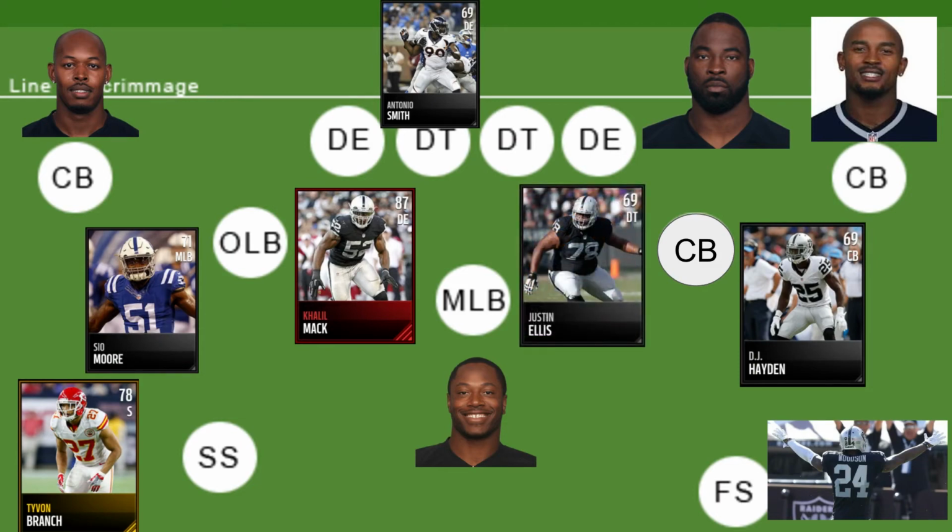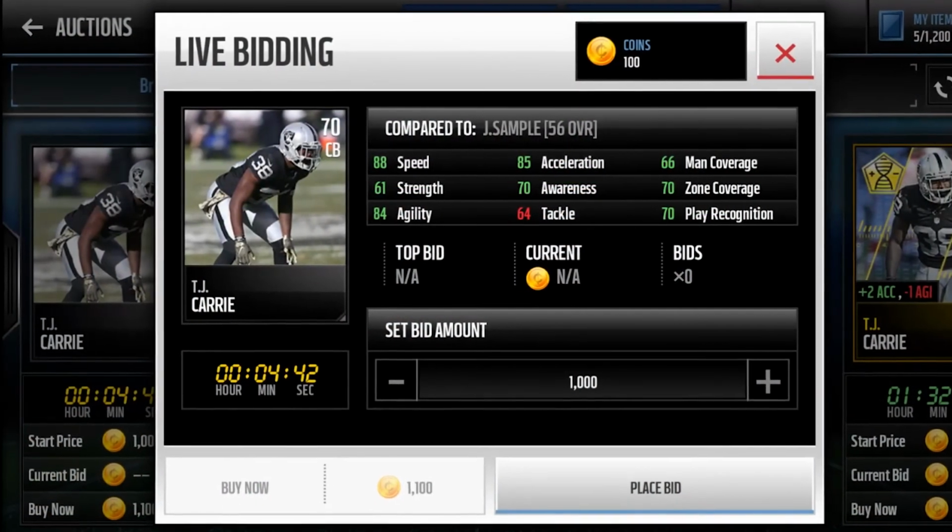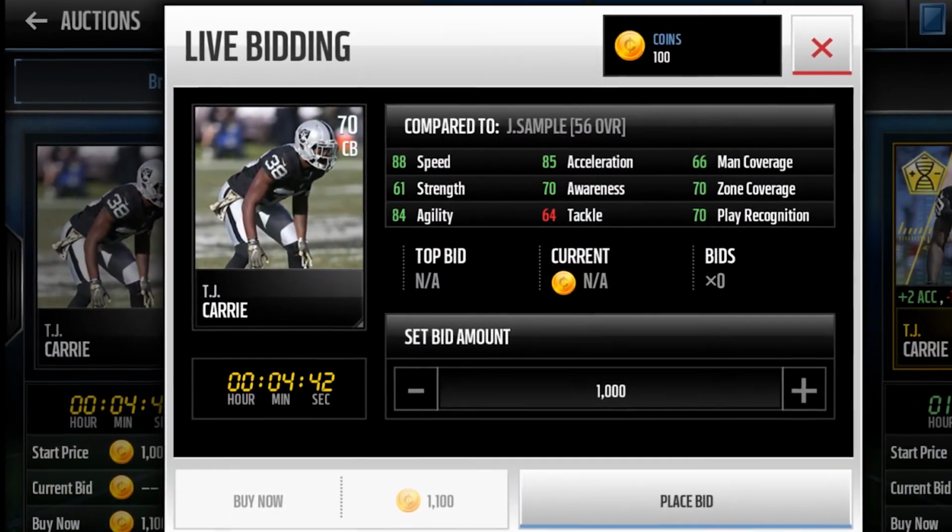Finally, in the fourth round, the Raiders got a quality defensive tackle in Justin Ellis. Ellis is more of a run-stuffing nose tackle and has performed adequately thus far. He's not a world beater and doesn't provide much of a pass rush, but has played better than Pat Sims at a lower rate. A side note was TJ Carey was drafted in the 7th round and plays well as